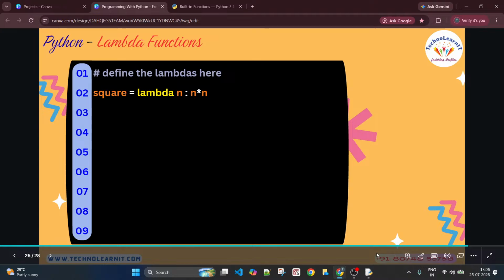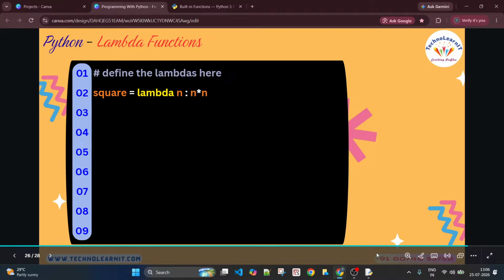So this is how you have to implement lambda, right? Some variable equal to lambda, which is a keyword in Python, and then n, you can treat it as a parameter to your function, okay? And colon n times n means whatever I give you, please square it and give it to me.